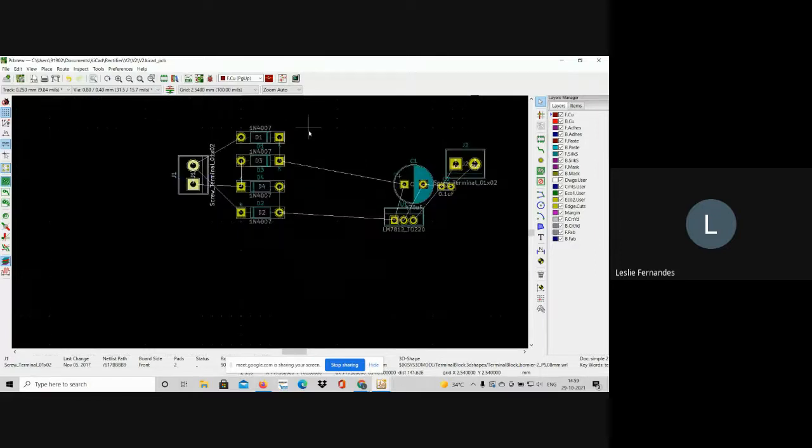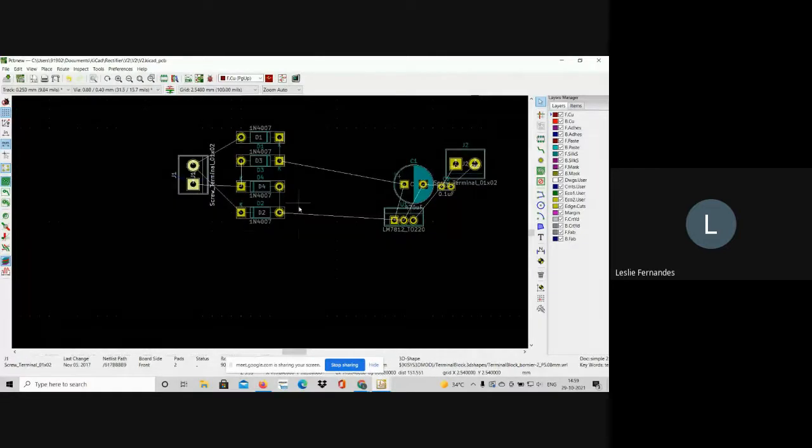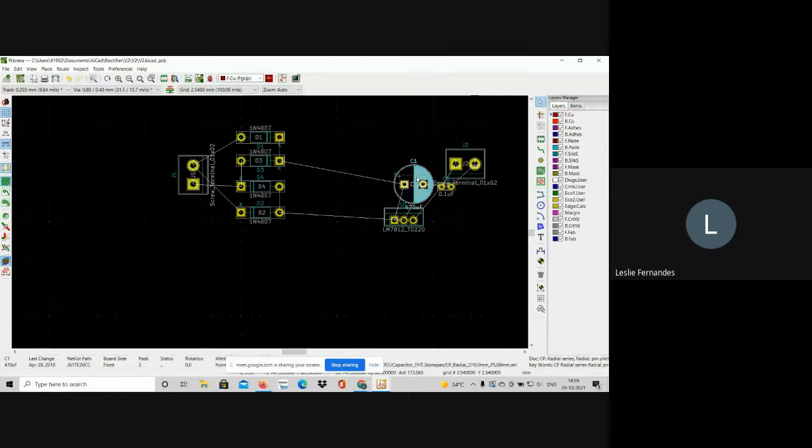Okay, we have finished with this much part. We have placed all these diodes. And now what I'll do is I'll place this capacitor.